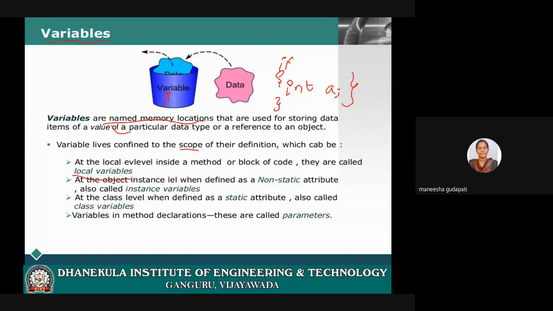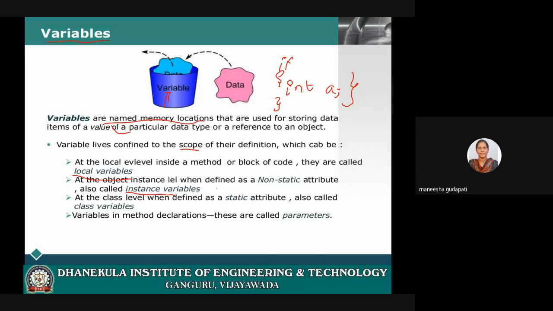Then the next one is instance variable. You are going to study about classes and objects. In a class, if you create any variable, that variable can be accessed by all the methods present in the class. Instance variables are non-static variables.